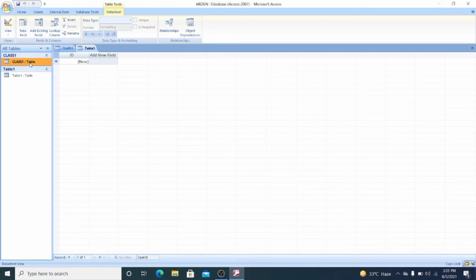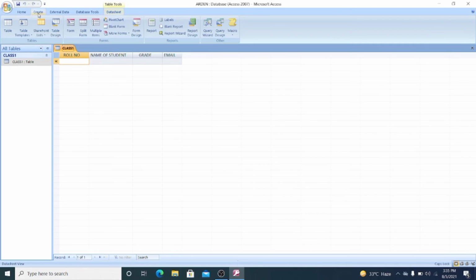From here, if you want to create the form to fill or enter the data, you just have to select this table. If you want to delete it, you can directly delete it from here, like close it. Fine. Now the next thing is how to create the form to input the data. Inside the create option, under the forms group, you can draw your forms.